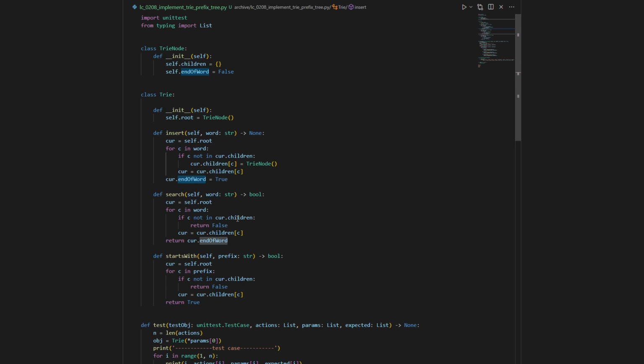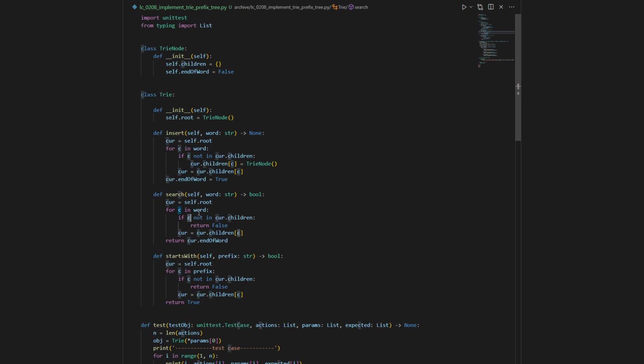When we are searching, it's similar. We'll go through the trie chain. I'm calling it a trie chain because it's just like a linked list. You only care about if you can find the character that you are interested in.